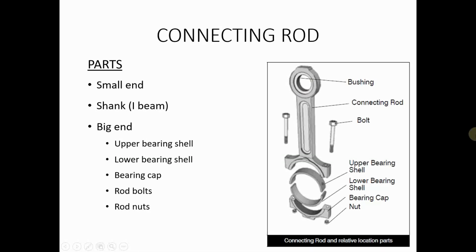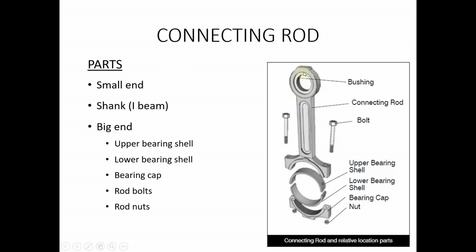So we can see the different parts of the connecting rod here. In the smaller end, we have a small bushing, through which we insert the piston pin, and the piston pin goes through the piston bushing and pivots the piston.